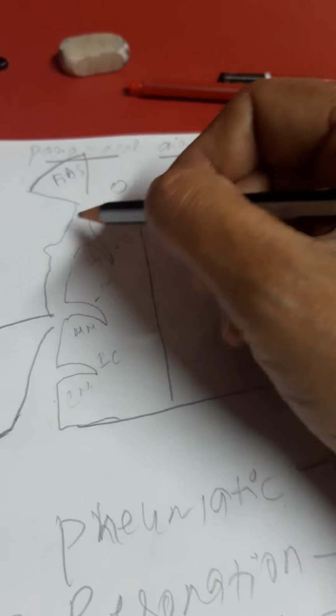Whenever we are talking about the location, the whole of the frontal air sinus will be within the frontal bone, and most of it will be seen in the anterior portion of the frontal bone. When you take the measurements of this air sinus, there is a vertical length, then there is a transverse diameter, and then there is an anteroposterior diameter. So when you look at the three measurements of this frontal air sinus, vertically the